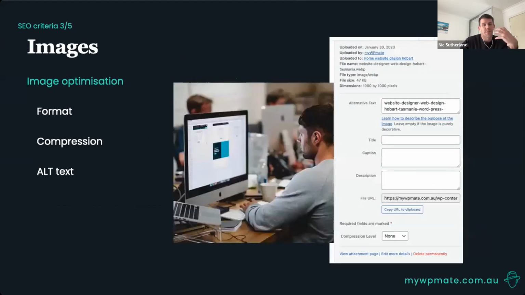We also need images. And these can absolutely not be uploaded off the back of your SLR or iPhone at 8 megabytes per image. They must be formatted right down to the correct pixel size and resolution, and the file should be compressed to be as small as possible. We are talking around 100 kilobytes. In this example, 47 kilobytes. And with these images, we can actually attach some real specific metadata that helps Google determine that this is an image of a web designer in Hobart.